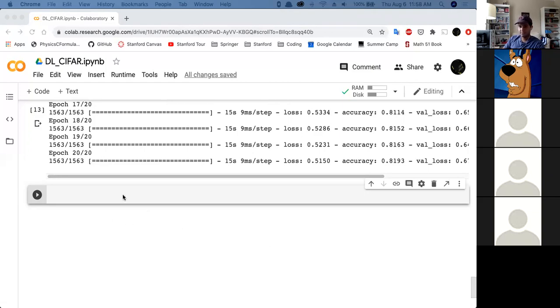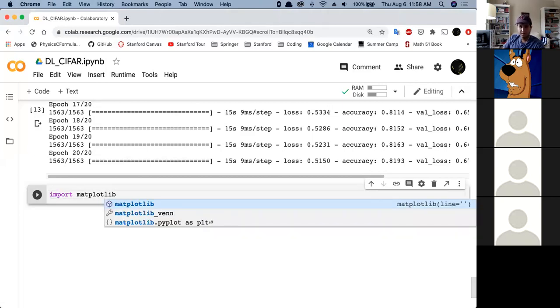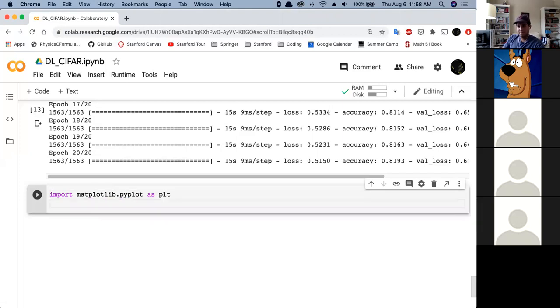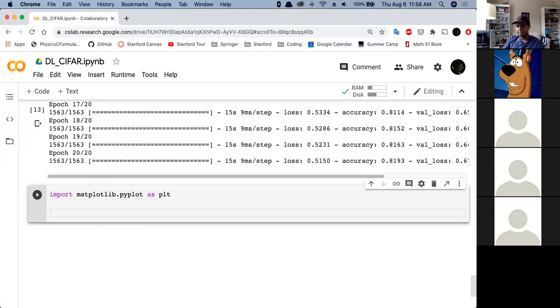plotting these losses and seeing whether or not we overfitted or overfit. Is that the term for it? We're going to import matplotlib.pyplot as plt. Let's go ahead and do losses equals